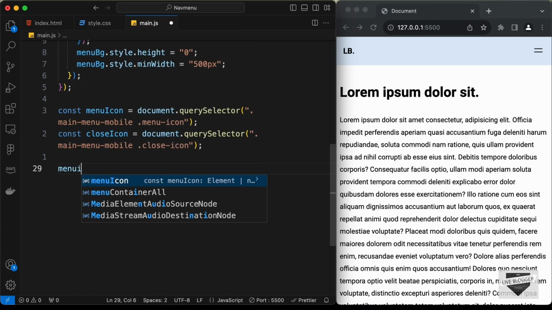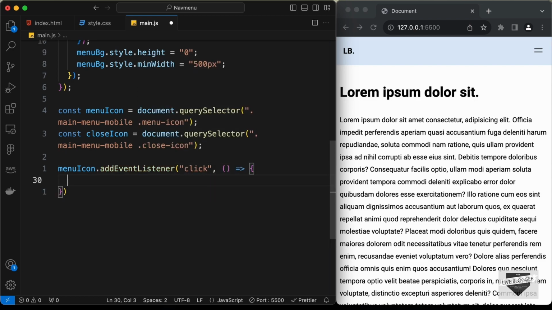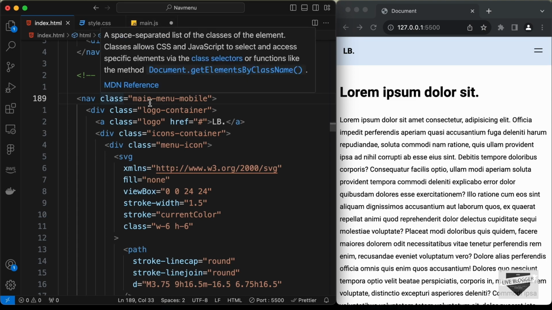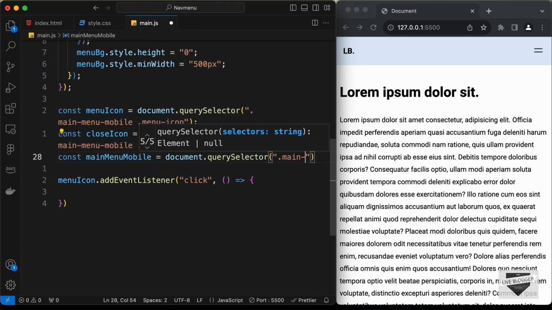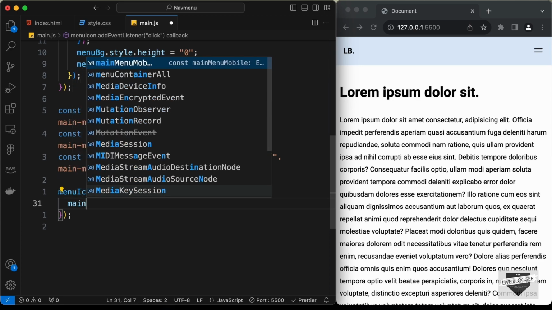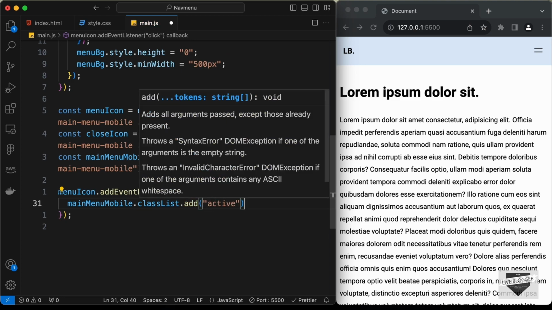So let's type menuIcon.addEventListener, and let's listen for the click event, and let's create an arrow function. So when we click on the menu icon, we need to display the menu. So for that, we need to add a class of active to the main-menu-mobile. So let's reference this main-menu-mobile. So here I'll just type const mainMenuMobile = document.querySelector('.main-menu-mobile'), and here I'll just add a class of active. So let's type mainMenuMobile.classList.add('active'),